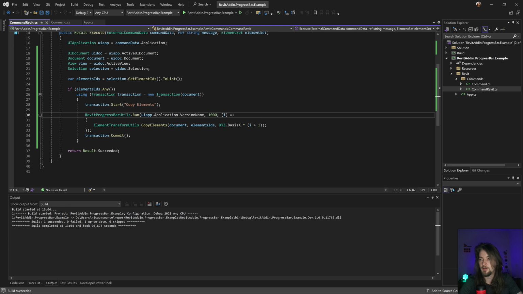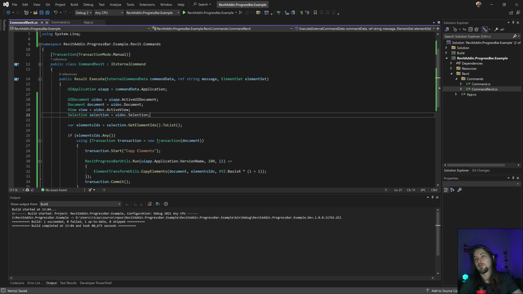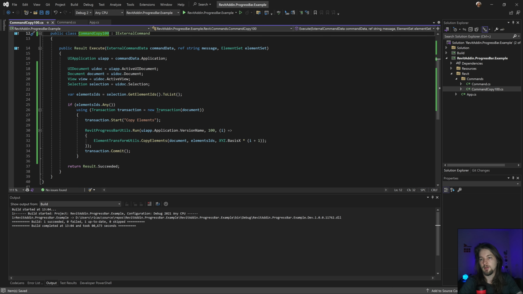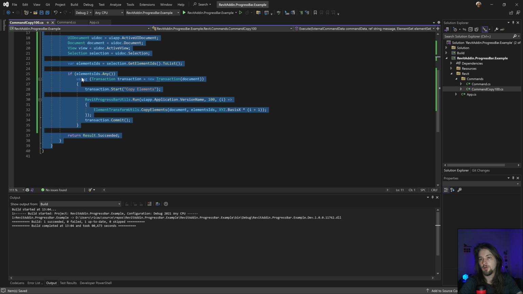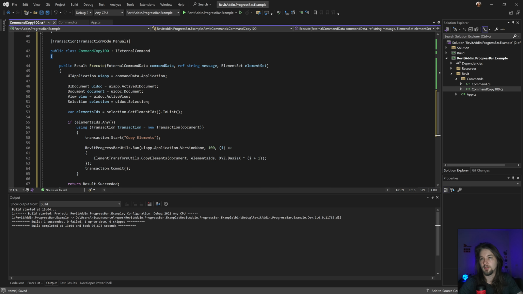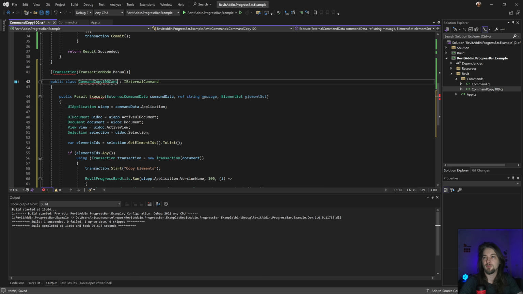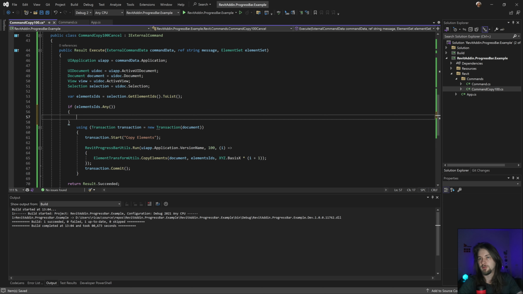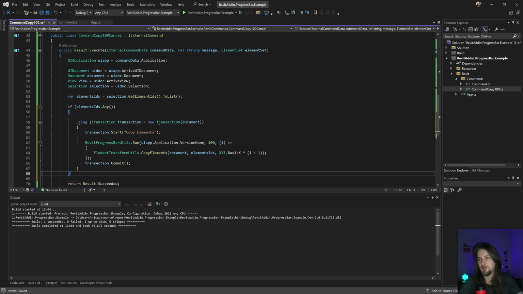Let's go back in here and let's rename this to copy 100, and let's create one example with the cancel button, I guess. So, and move this in here, I guess.